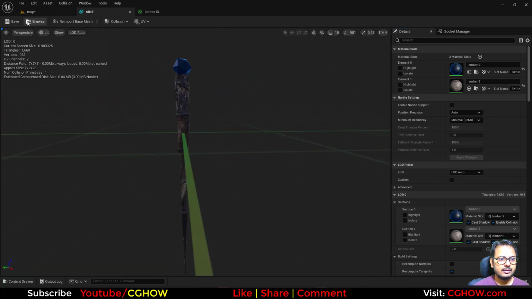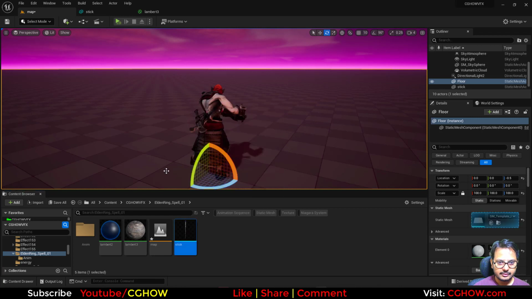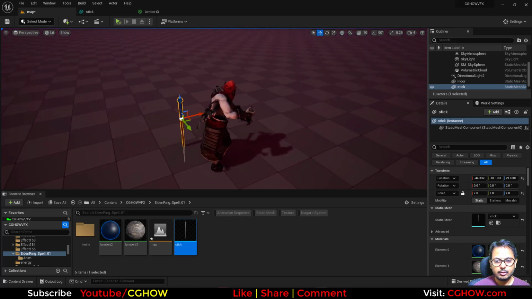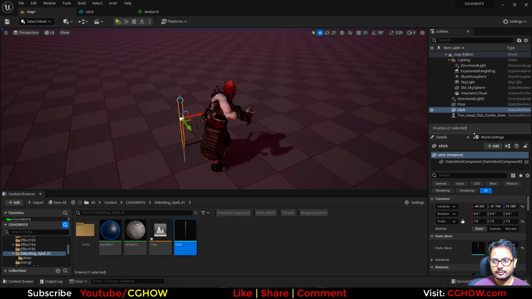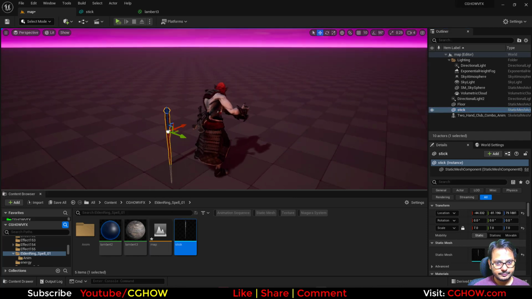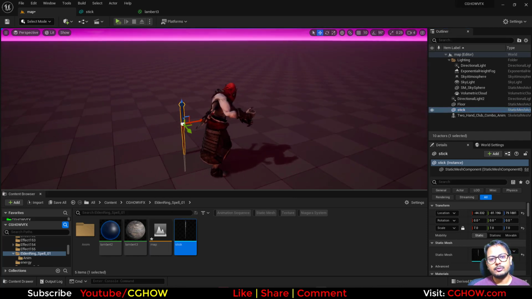We can use that. So I will drag this here into the viewport, and this is very small, so maybe 5 times bigger or maybe 7 times bigger. Now it needs to be attached to the bone of the hand. So you need to drag the stick onto the animation. Because this is a composite, it's not linking there. So what you can do, actually, I would like to use also